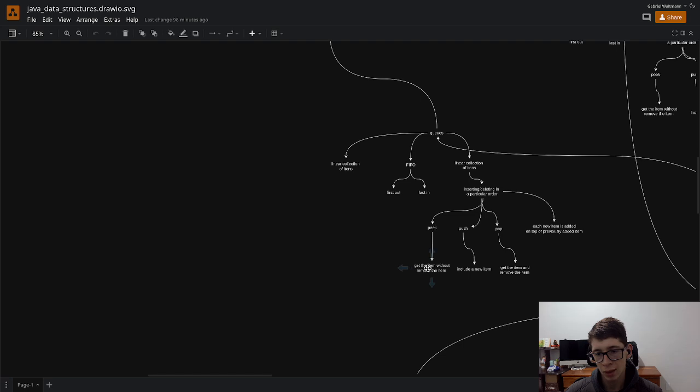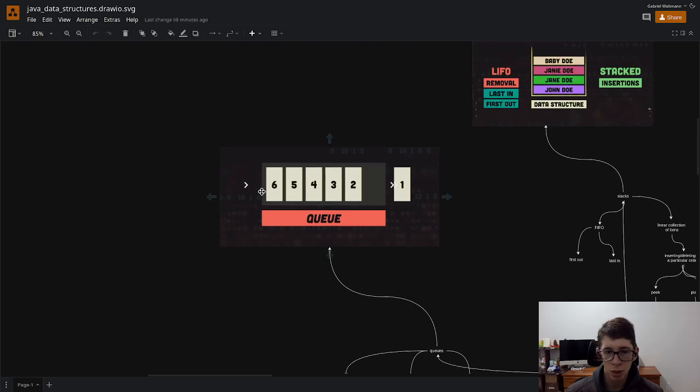Peek will get the item without removing it. Push will include a new item. Pop will get the item and remove it from the list. Each new item is added on top of the previously added item. So you can include the 11 value, after the 6th value. Alright,